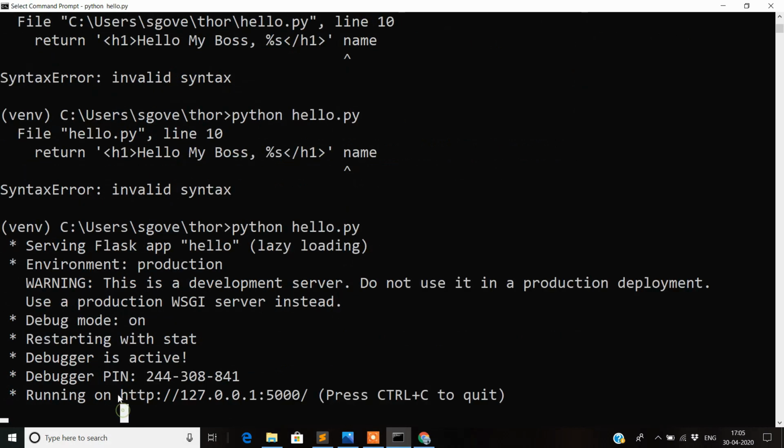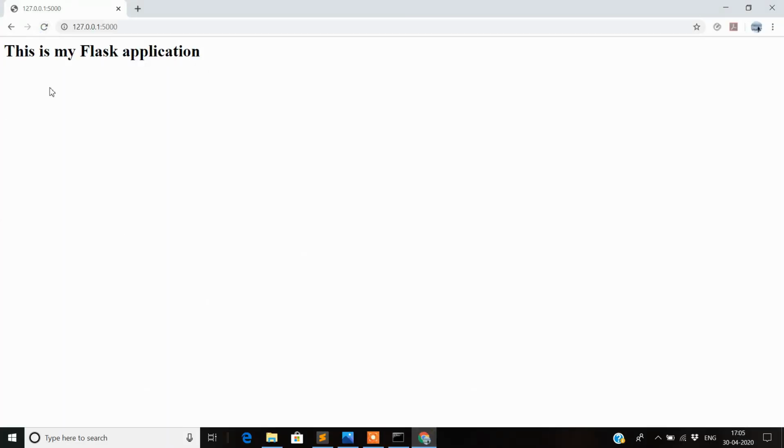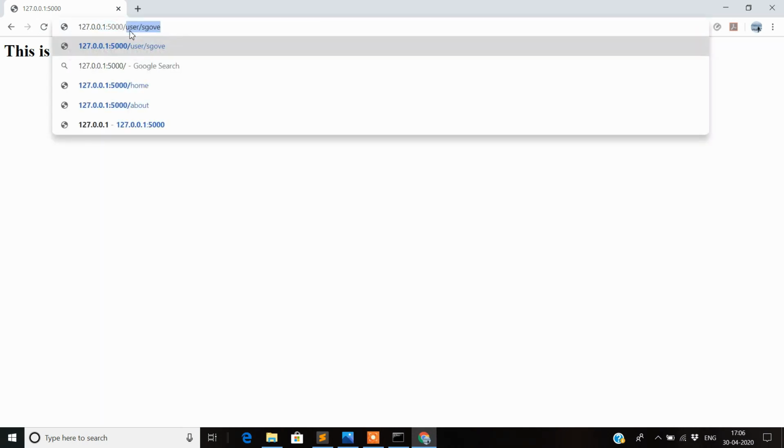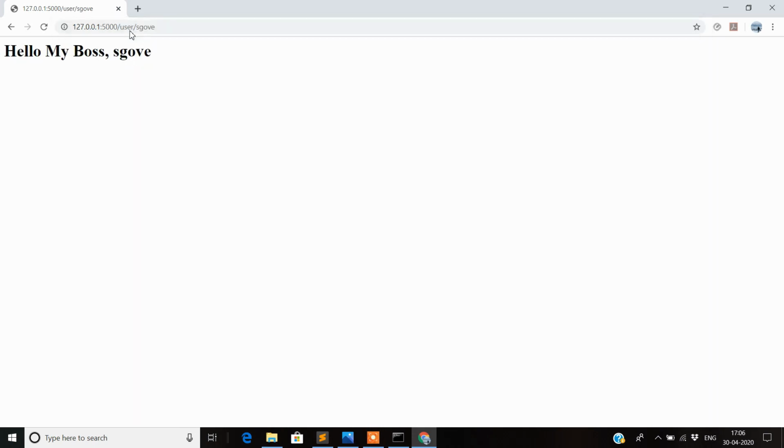Again we copy the local address that we get and paste it here. This was the application that you were getting beforehand, but now if I go inside my own route and press enter, it shows me hello my boss, that is my own name.